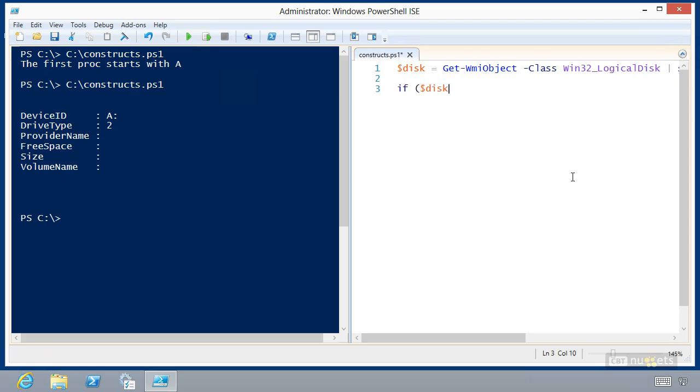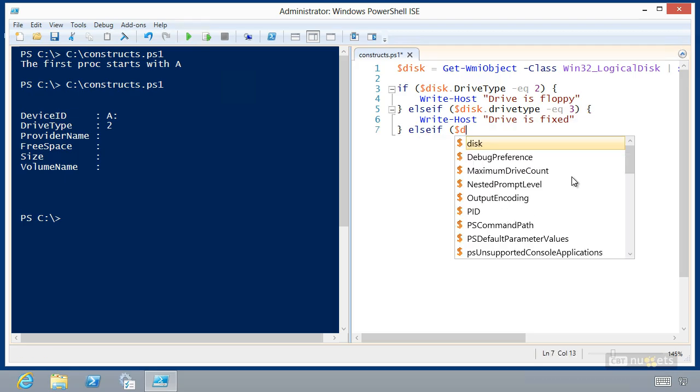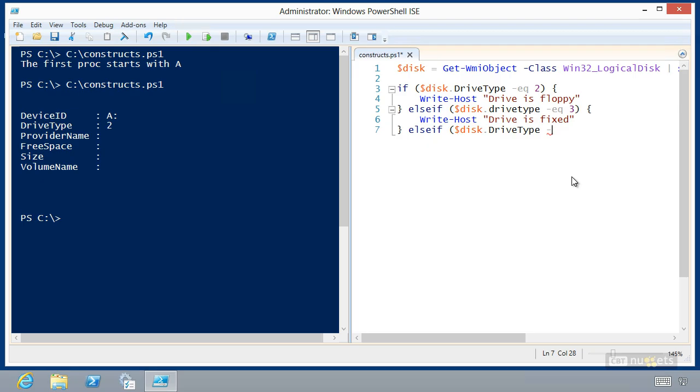If $disk.driveType equals 2, drive is floppy. Else if $disk.driveType equals 3, drive is fixed. And you can keep doing this. More else if. $disk.driveType equals 5, I think is optical, like CD-ROM. Else